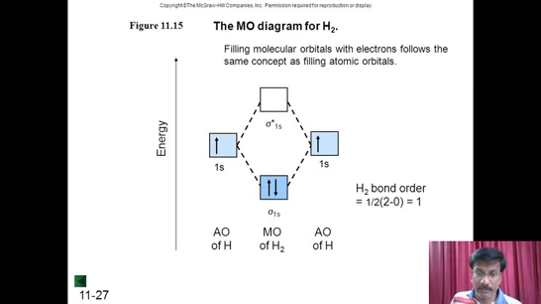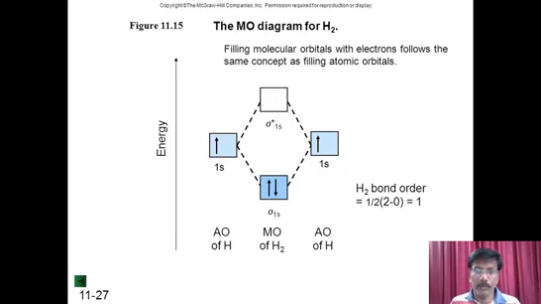Now how many total electrons are there? The left 1s has 1 electron, and the right 1s also has only 1 electron. The total number of electrons is 2. Now we have to fill these 2 electrons in the middle molecular orbitals. So the 2 will be completely filled in the sigma, that is, in the bonding molecular orbital. When 2 are filled, there is no other electron remaining. Therefore, the sigma star is empty. So the total number of electrons in bonding orbitals here is 2, and in antibonding it is 0.